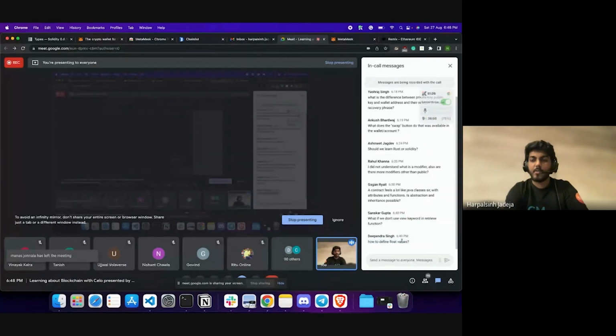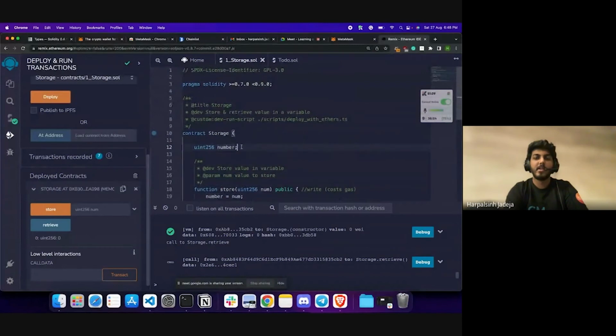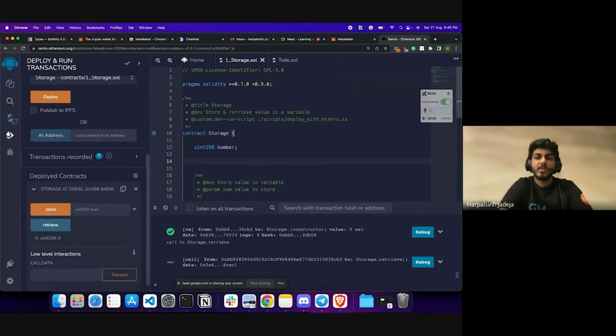How do you define float values? We don't actually have float values. Rather, the reason why we have 256 bits is that we use bits to represent bigger values. There are many other ways of doing float values, but it's too advanced. There are libraries written in Solidity where you can handle float values, but by default, there are no